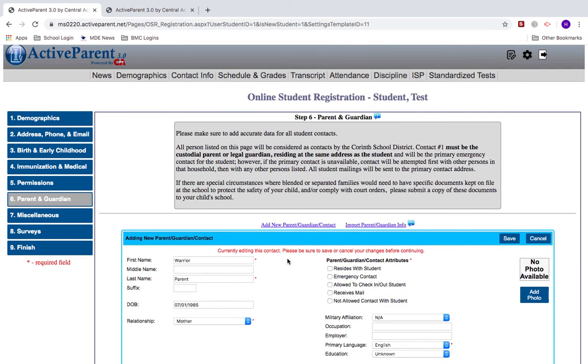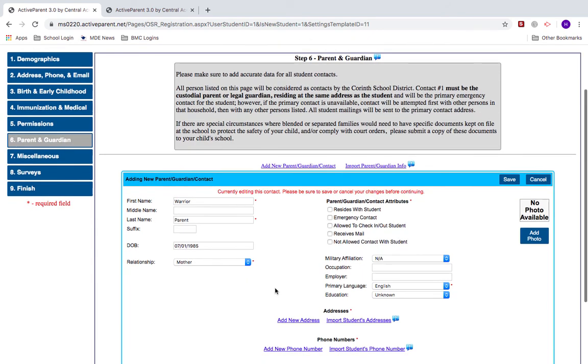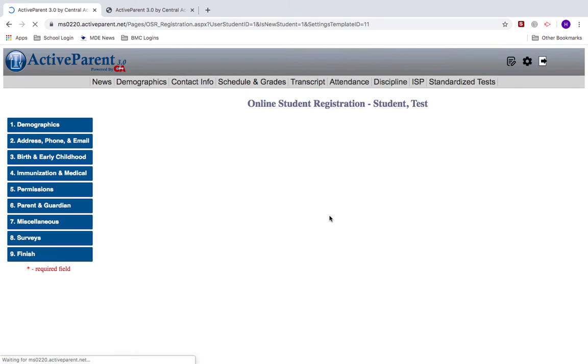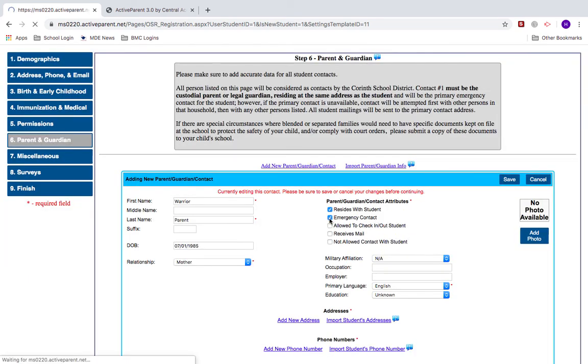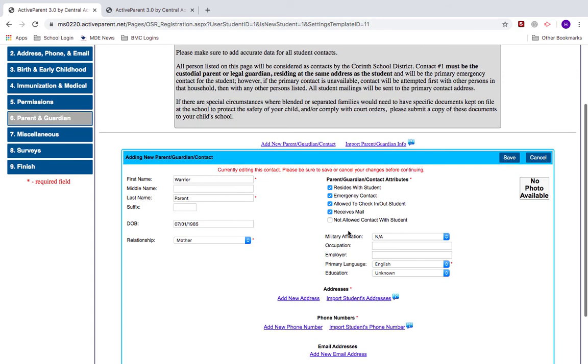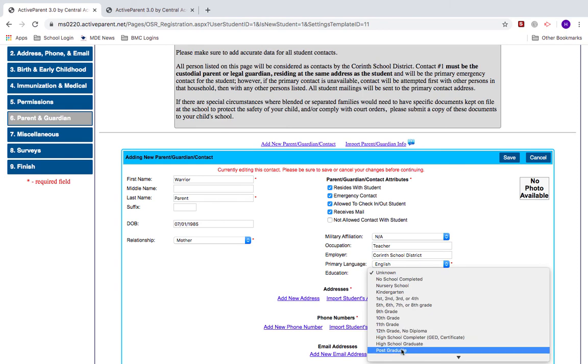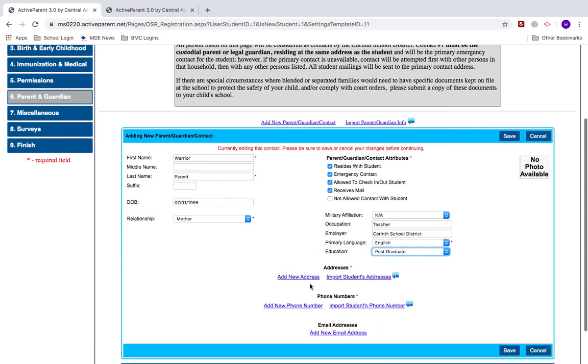Enter in your name, date of birth, and your relationship, and indicate whether the contact resides with the student, serves as an emergency contact, is allowed to check in and out the student, if this is the location where they will receive mail, any military affiliation, and enter in your occupation and your employer information. Enter in your highest level of education completed